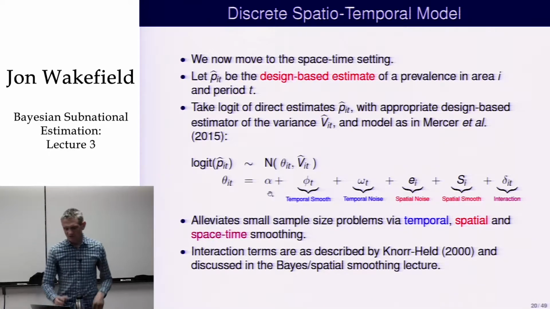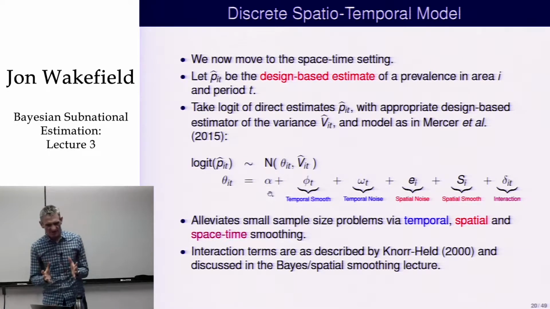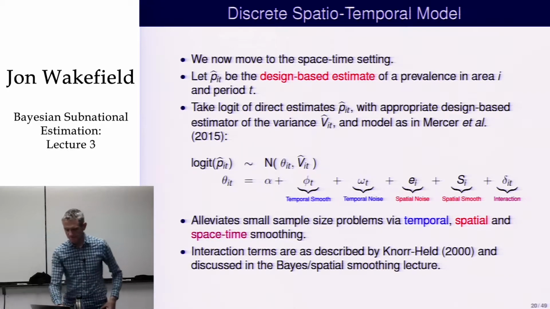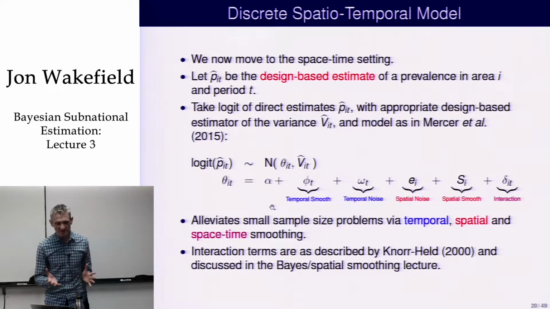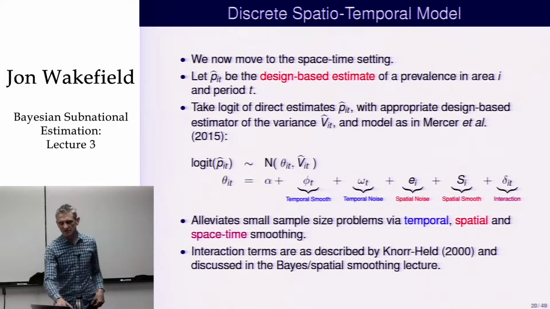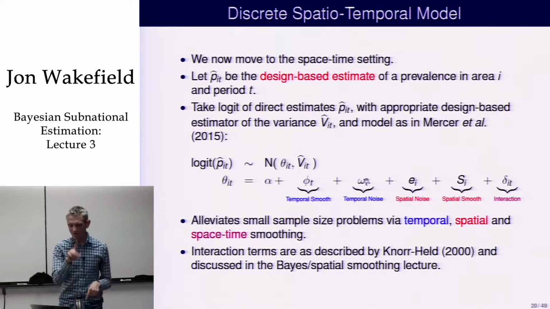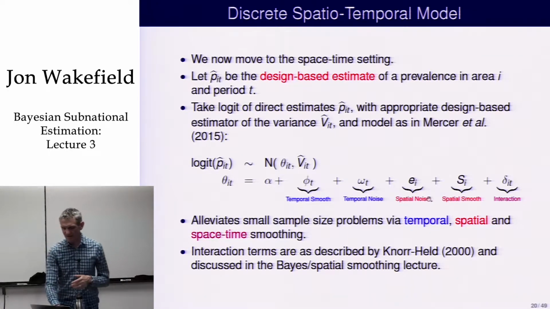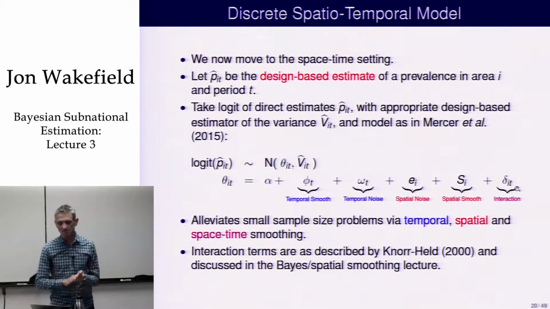And then we're going to decompose this theta_it, this logit of the prevalence, into these different terms. We have an overall intercept, then we have two main effects for time only, so a smooth term in time, and then we have shocks in time, so random one-off shocks which are unrelated to anything around them. Then similarly we have spatial noise, and then a spatially smooth term, S_i, and then finally we have this interaction